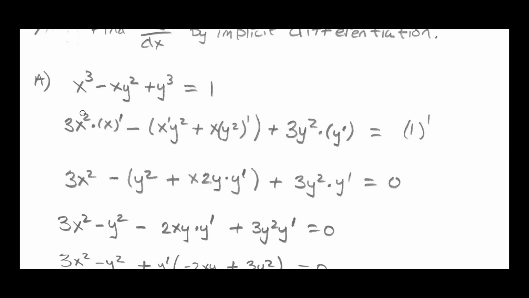First, the left side. I get 3x squared times x prime minus, now we have two things being multiplied together. x is being multiplied by y squared. So we must do the product rule. The derivative of the first thing times y squared, leave the second thing alone, plus, leave the first thing alone, this x, times the derivative of y squared,